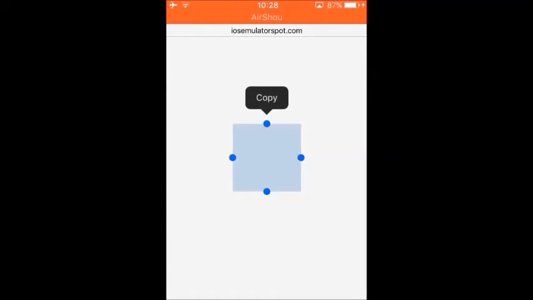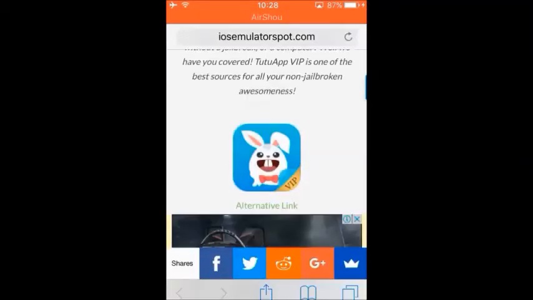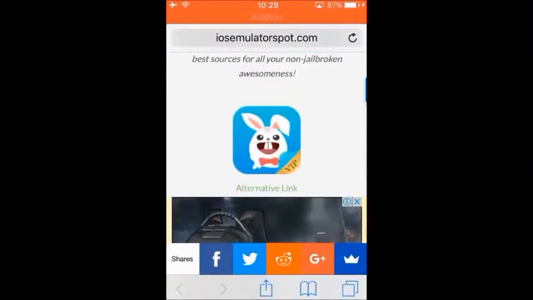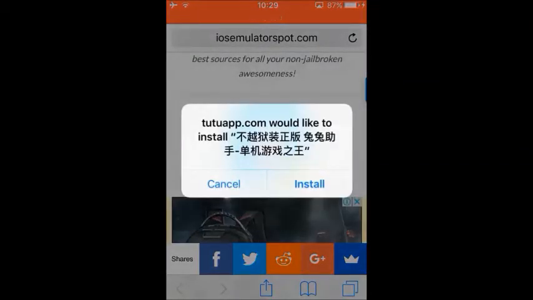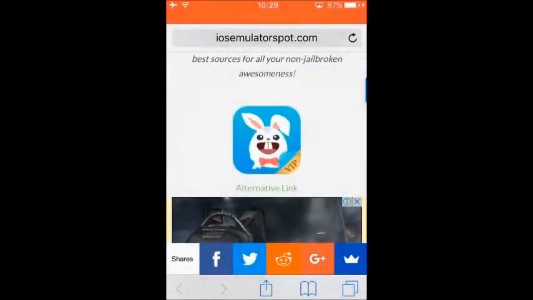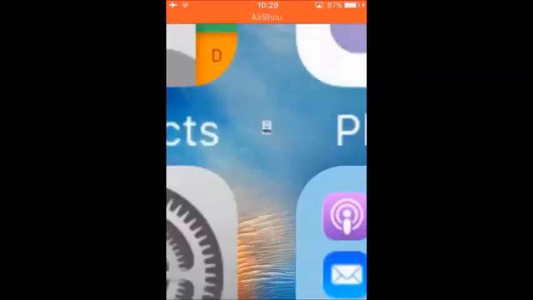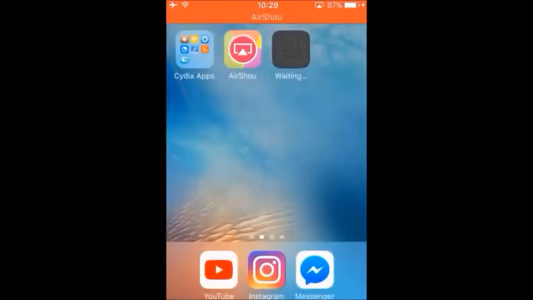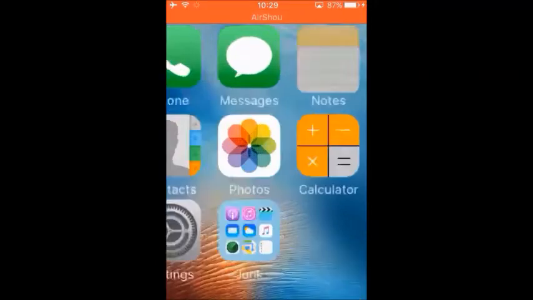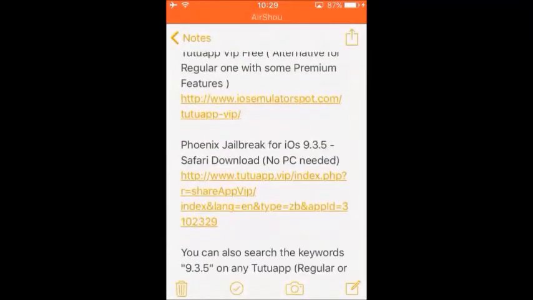When it shows the Tutuapp icon, don't click on it, click on the alternative link. Then it will pop up this message, and then you click install, right? And it will start downloading on the Springboard. You can also